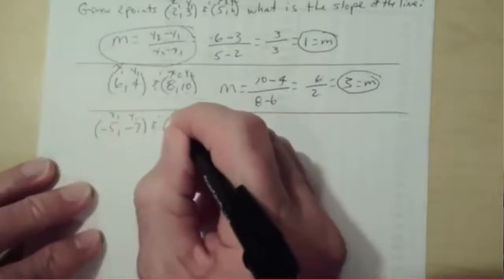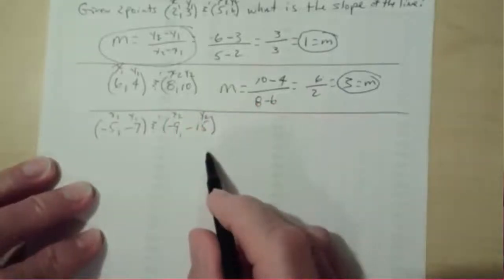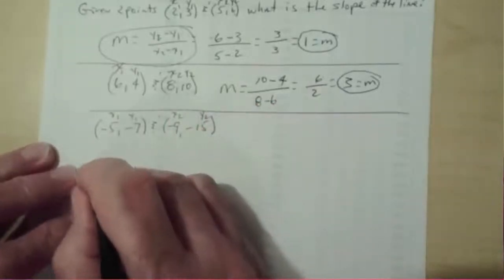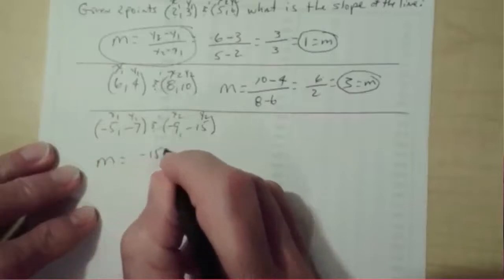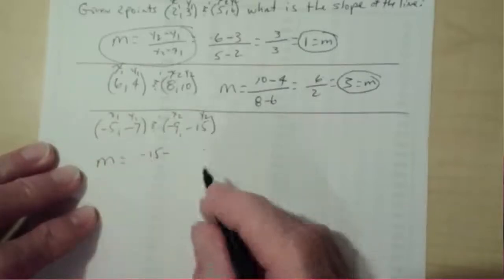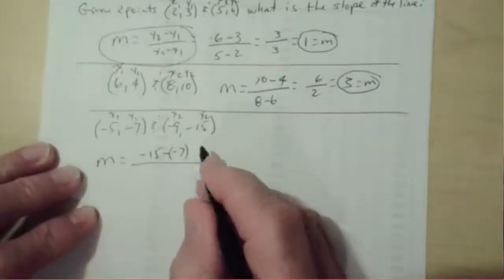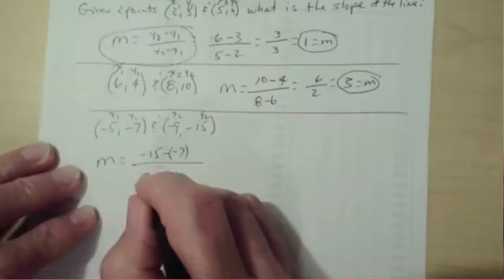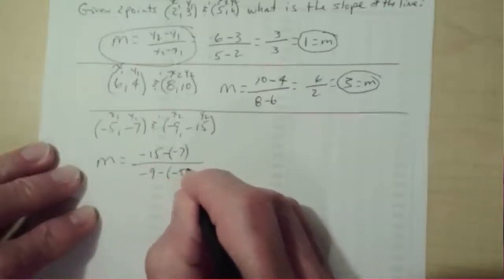So our slope is -15 minus a -7 over x2, which is -9, minus a -5. I'm going to rewrite this. You don't have to, but